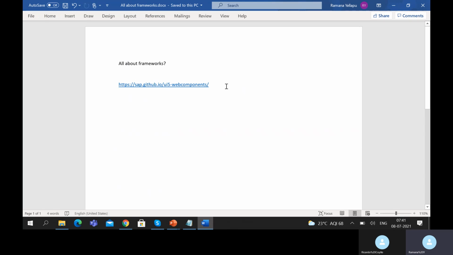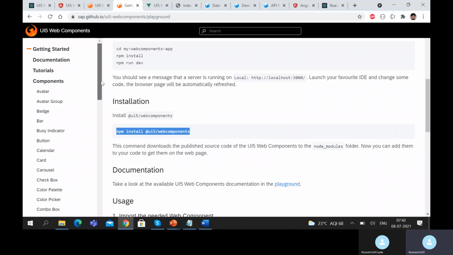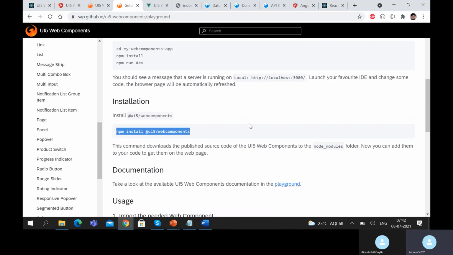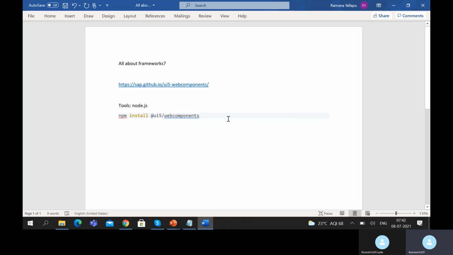Okay. So for prerequisites, all you need is Node.js. That's it, and you have to install this one. If you install this, you have all the controls. If any new controls are released, maybe you have to update your framework, and all the new controls will be available. But we are not going to deal with this,